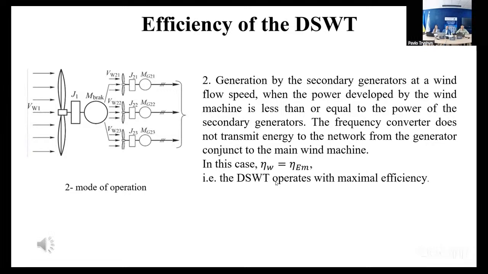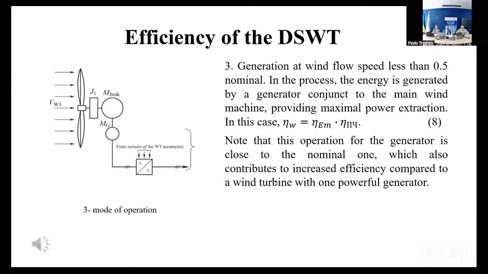In this case, efficiency has the maximum value. On this slide, you can see the third mode of operation of dual system wind turbines: generation at wind flow speed less than 0.5 nominal. The energy is generated by the generator conjunct to the main wind machine, providing maximum power production. In this case, efficiency is determined from the ratio. Note that this operation is close to the nominal one, which also contributes to increased efficiency compared to a wind turbine with